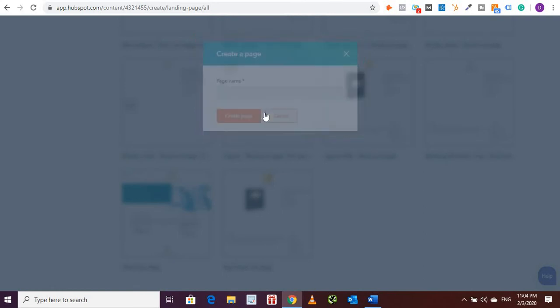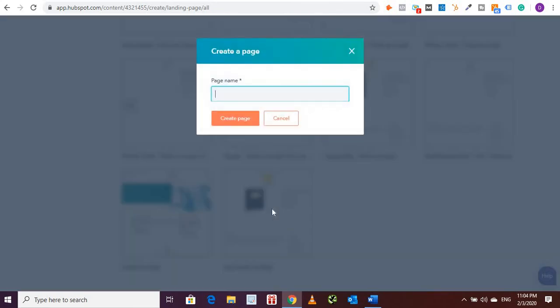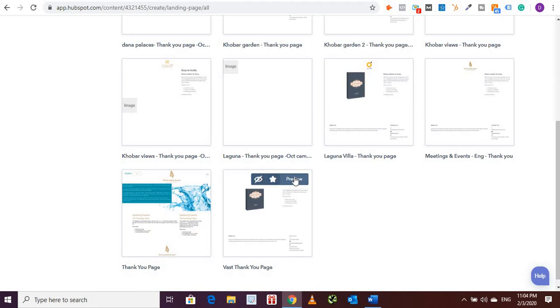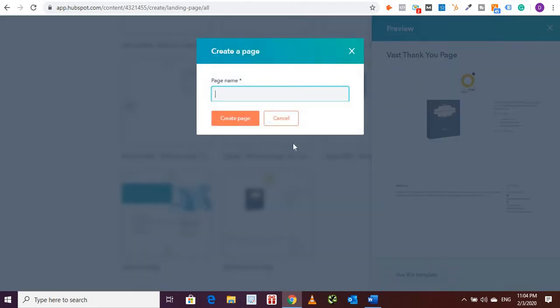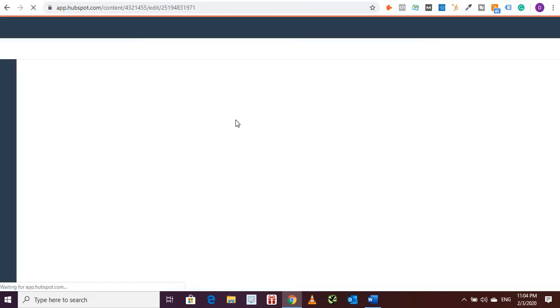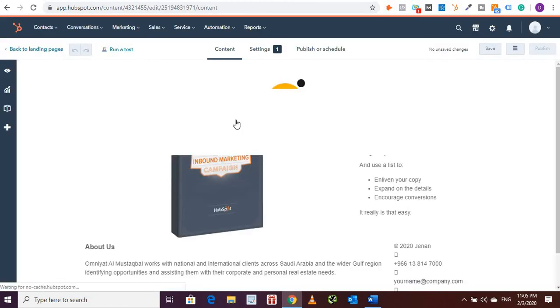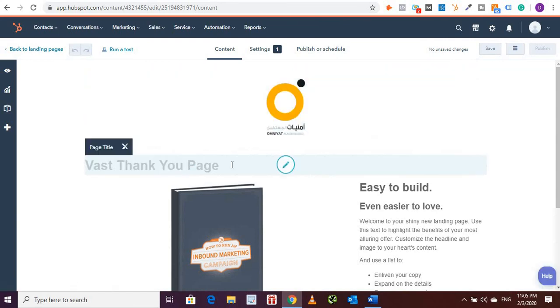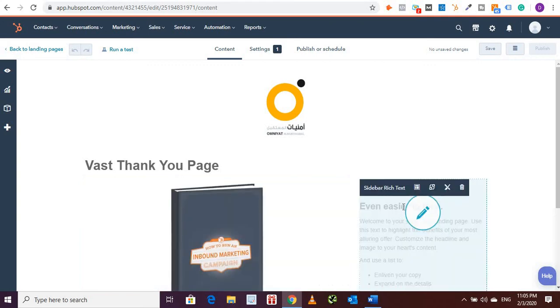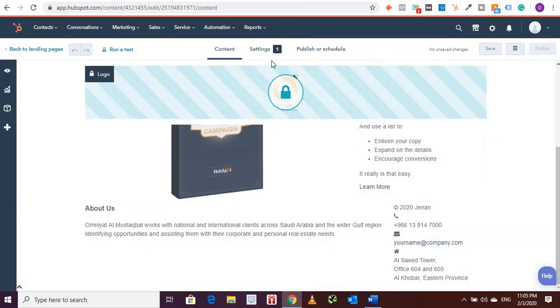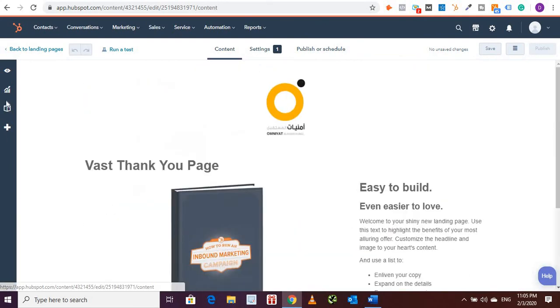So it says over here thank you page. This is a standard thank you page. You can also preview it over here, and it looks something like this. And I can use this template, test thank you page. So again, the process is the same. You need to make sure that you give a heading, you put the logo, you put the ebook or the brochure or whatever you're giving, put the description right over here, put the footer, put the header, go to checkout,